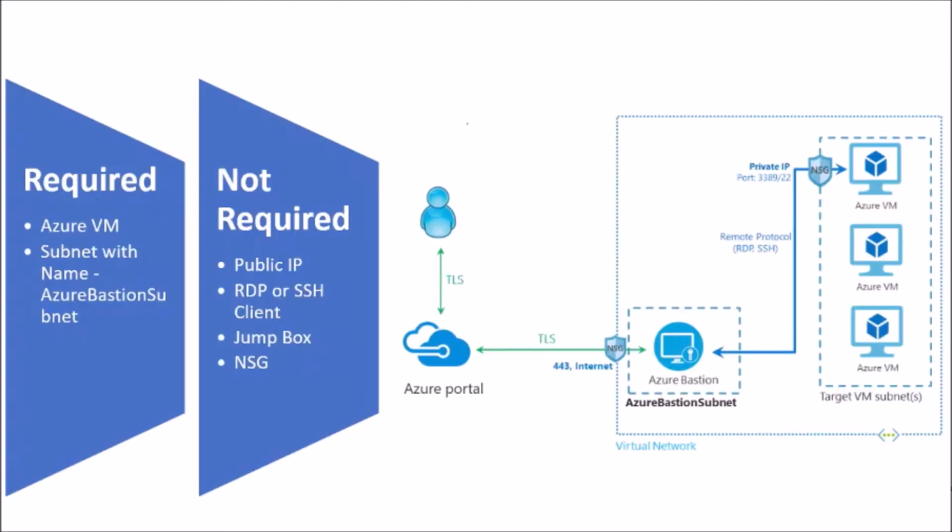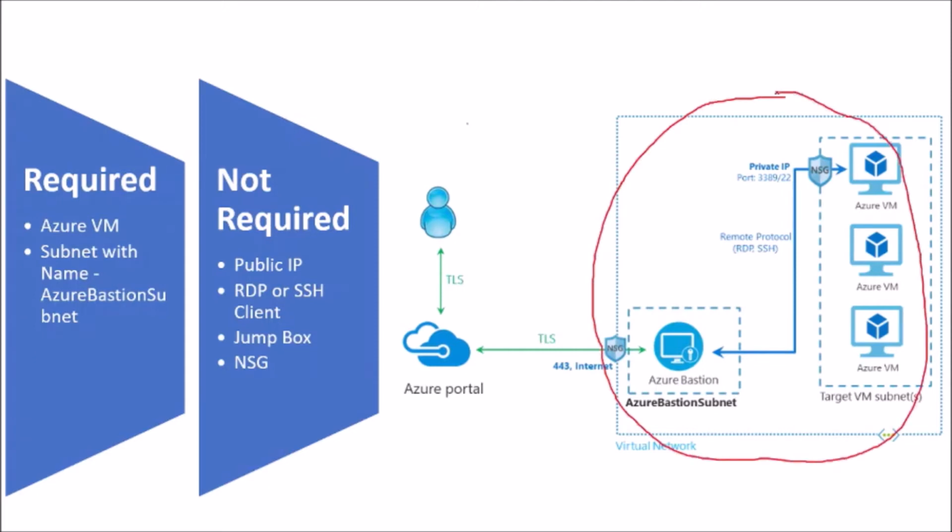Let's try to understand from this diagram how Azure Bastion works. If you see on the right side, this is the virtual network for the customer. And what Microsoft does is they provision the Azure Bastion within the Azure Bastion subnet. So when a user wants to access any of the virtual machines from outside the virtual network or over the public IP, they connect to Azure Bastion first. They connect to Azure Bastion over HTTPS using port 443 and then internally Azure Bastion connects to the virtual machine using RDP or SSH port. So there is no exposure for the RDP or SSH port over the internet.